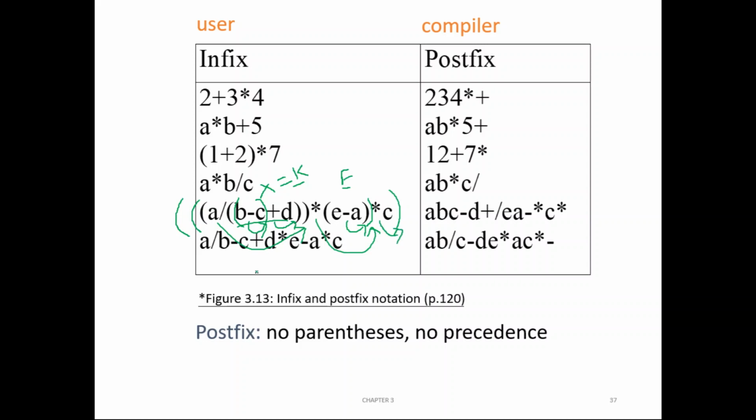So when you do this, what will you get? A B C minus D plus slash E slash E A minus, this star is coming here, star C star.